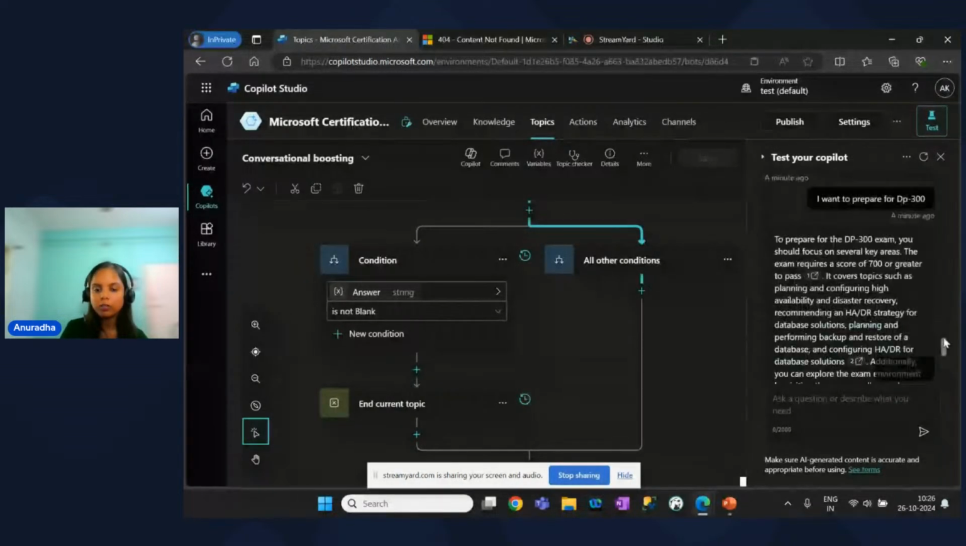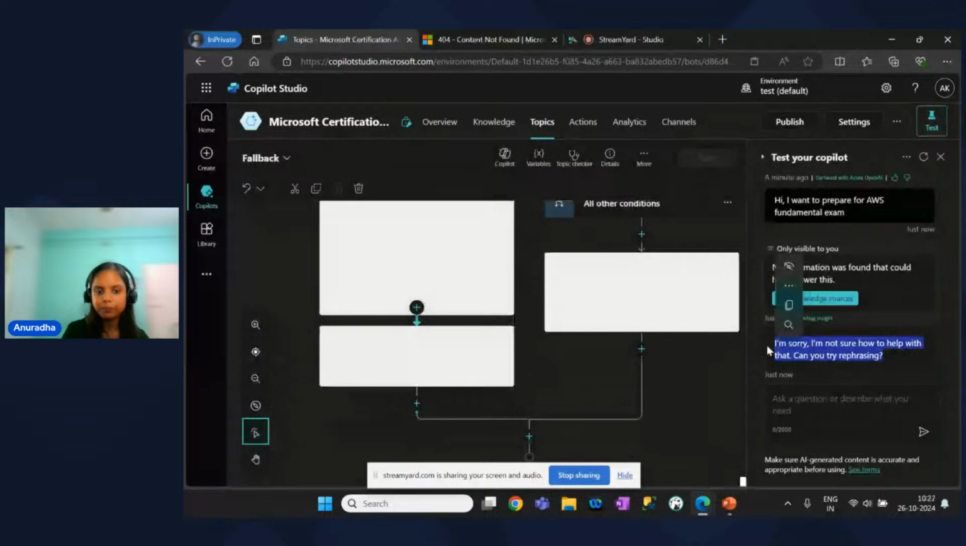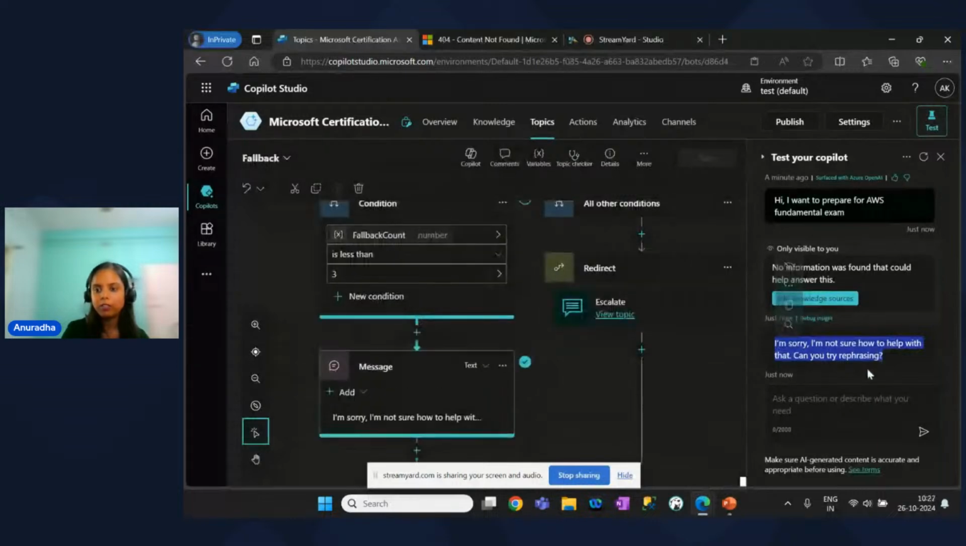So now we have basically restricted it to use only this knowledge source. We have also disabled it from using its general knowledge. So it is not able to understand what this AWS fundamental examination is, because it is not available in our Learn document. So if you see the flow here this time,